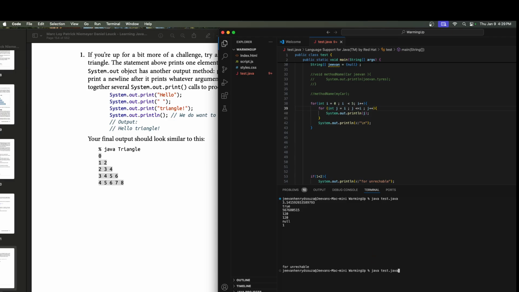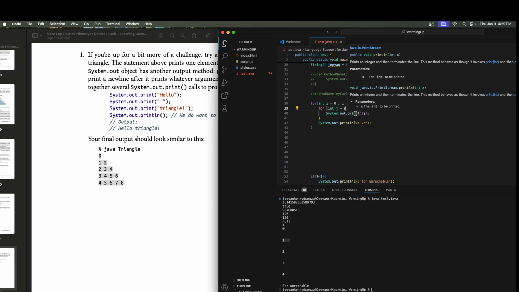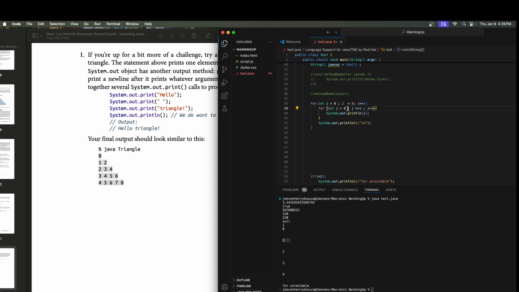Let's see now. I have 1, I have 0, 1 2 3 4, but why isn't it going? So this is 0, this is correct, this is 1. In the next iteration i will be 1, so I'm going to build 1. Let's start this j from 0, then let it start from i, because then what is going to happen is